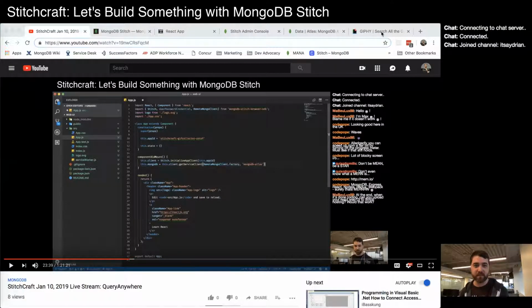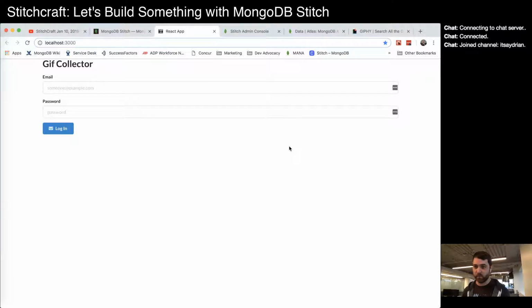So let's take a look at what we were doing last week, just building a simple app to store some animated GIFs. What we were able to accomplish was that we now have authentication built in, and we're using email and password. And so if I can remember the users,